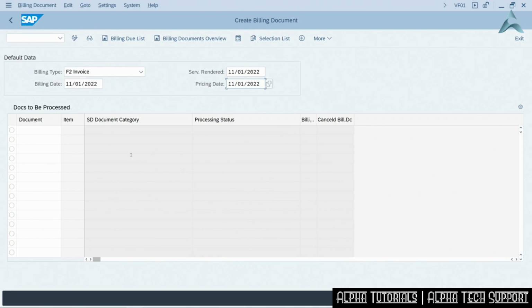Our header is now complete, and we can move down to the Documents to be Processed area. This transaction is really useful because we can create many invoices collectively at one time. In our example, we only need to create one invoice. We'll enter the sales order number in our document line item. We'll enter 800,00011